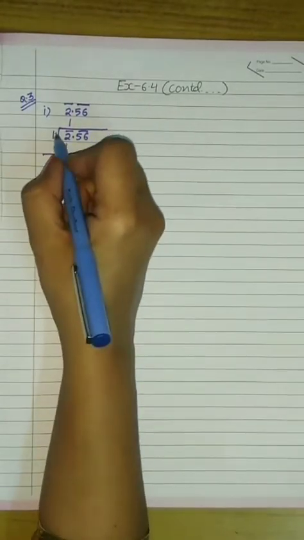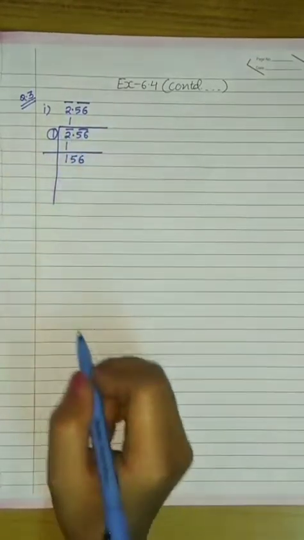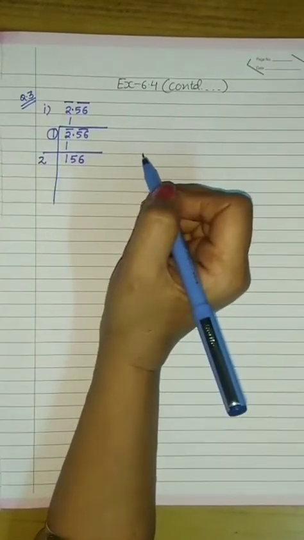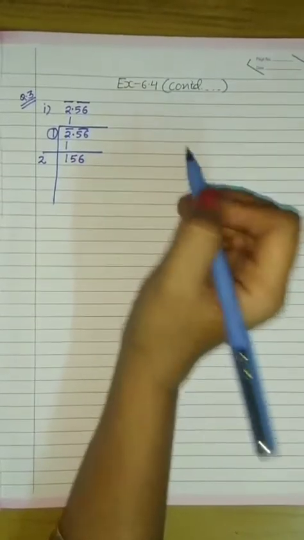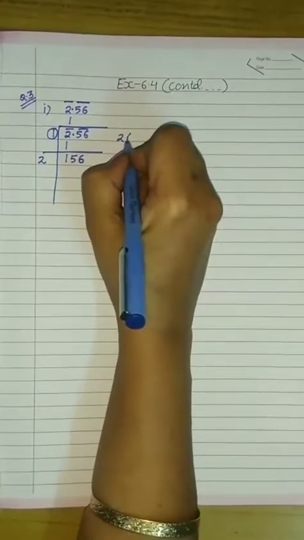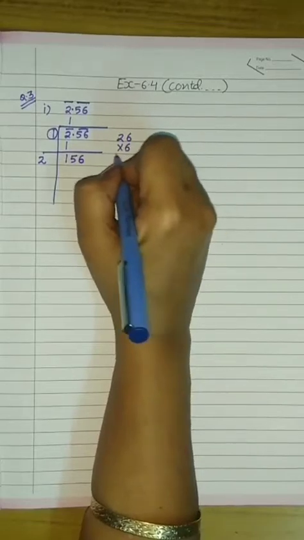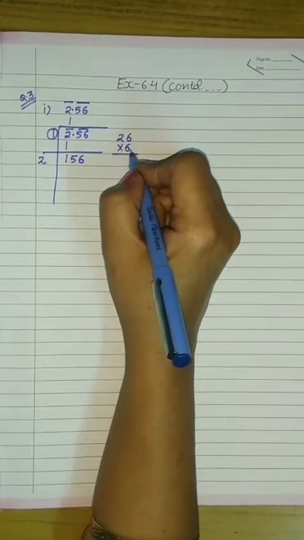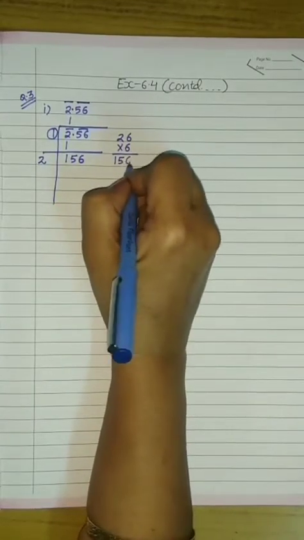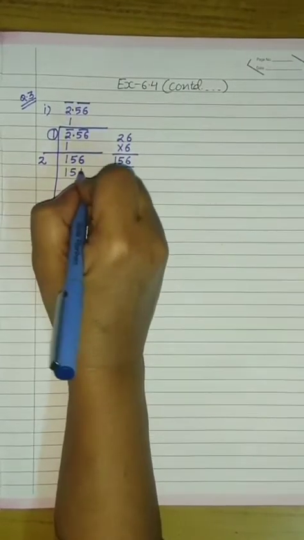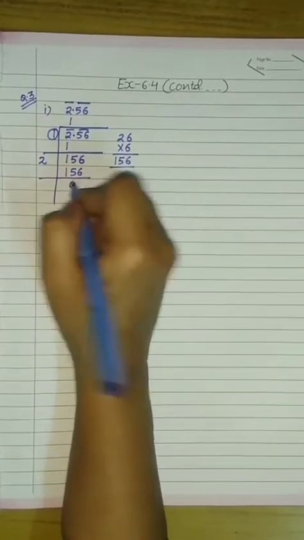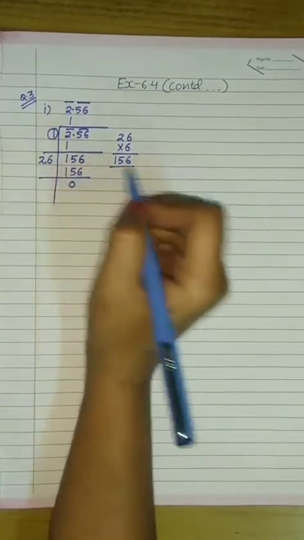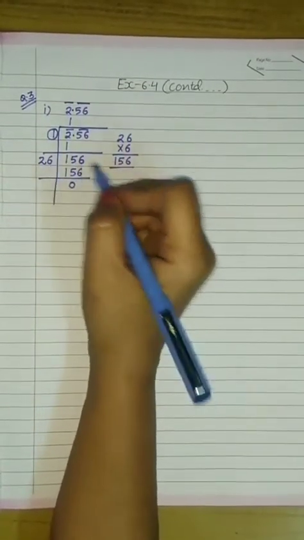156. Now we will double the divisor, that is 1. So 1 2s are 2. Now after 2 we have to write a number which, on multiplying itself, gives a number equal to the new dividend, that is 156. So we will multiply 26 into 6, which will give us 156. Now our remainder is 0. So after 2 we will write 6. So 26 is our new divisor, and now